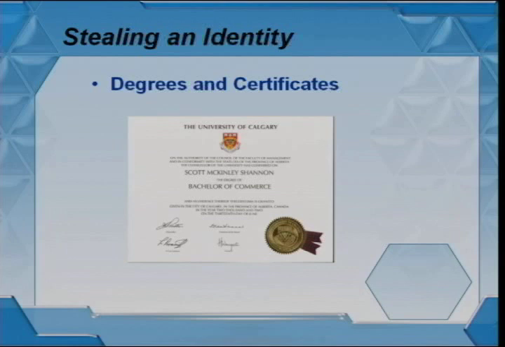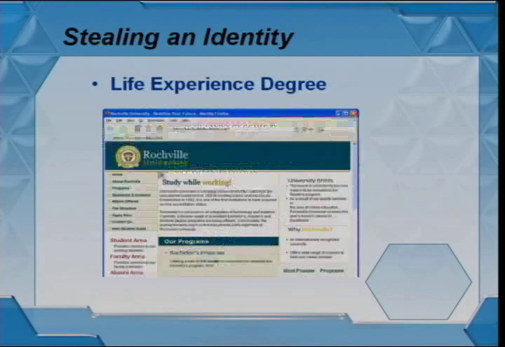There are other means of identities out there. I mean, there are the degrees and certificates. You can get fake degrees. You can get something called life experience degrees. This one I really like: Rockville University. They are endorsed and proven a genuine educational institution by two bodies. If you go check those bodies' sites, it's kind of funny how the web interfaces look exactly the same. It's really interesting.